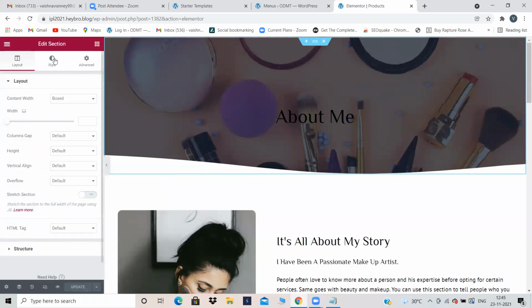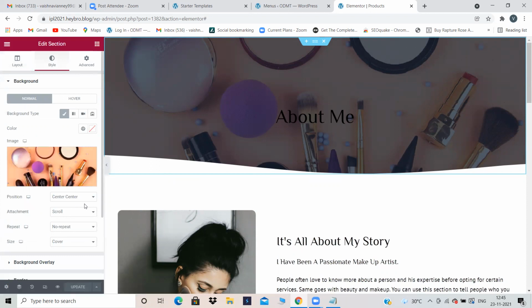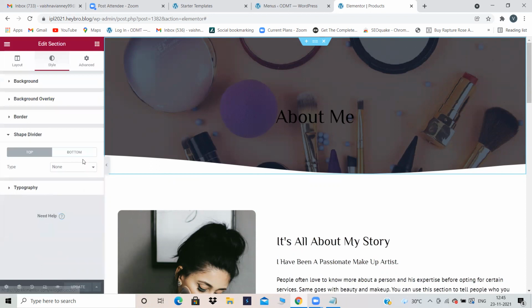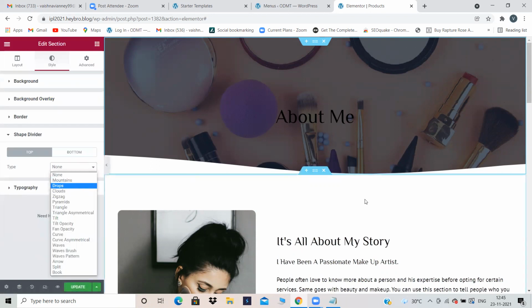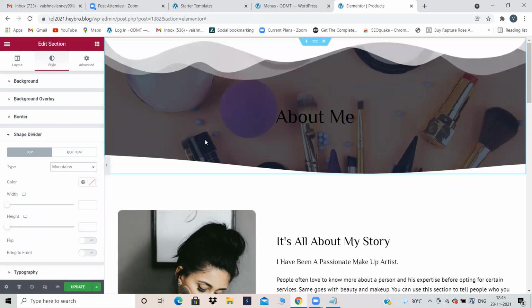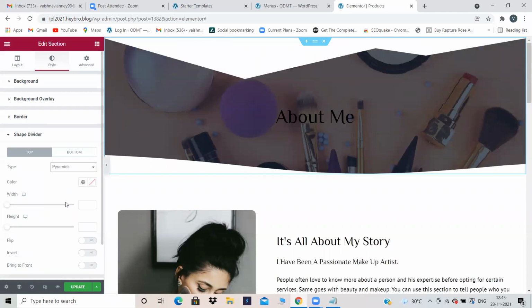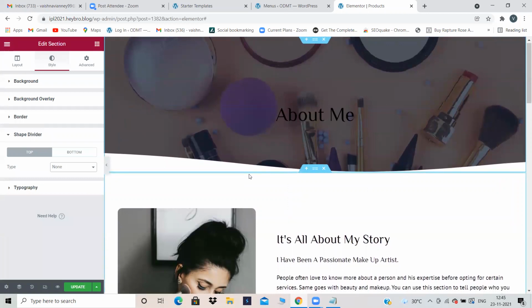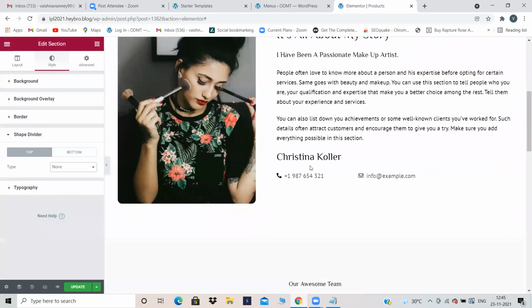So now, see here some kind of shape is there. I want to use some other shape. The mountains. It's up to you. Whatever shape you want to use, you can use. Pyramids. Just explore Elementor, Pranita. Like explore all the editing options. What is mountains? Where in style what is happening, in layout what is happening. Just explore all these options.